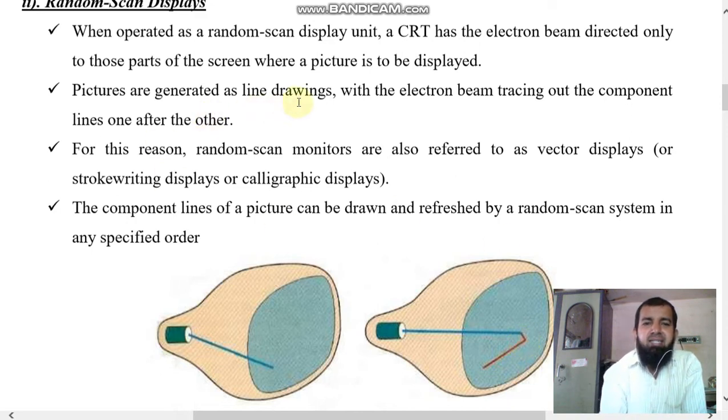Pictures are generated as line drawings, with the electron beam tracing out the component lines one after another.